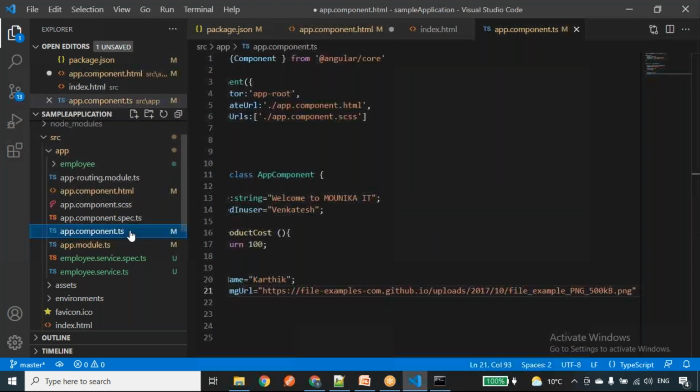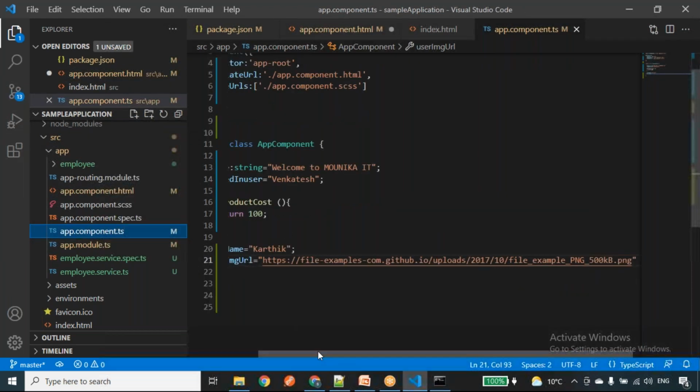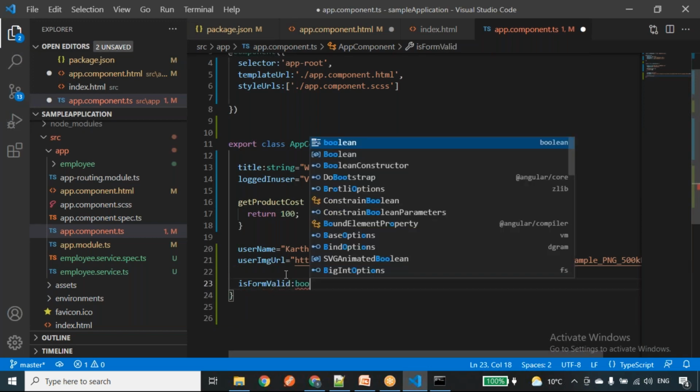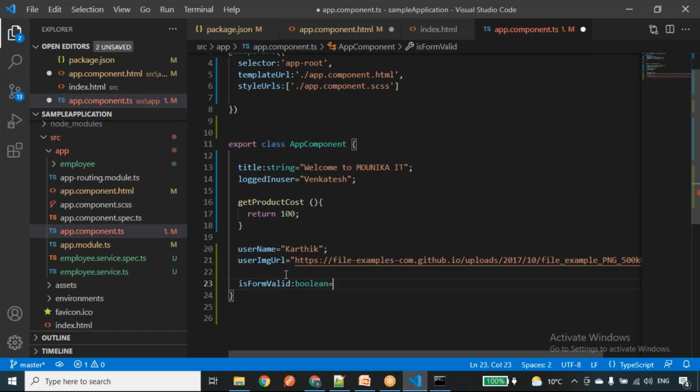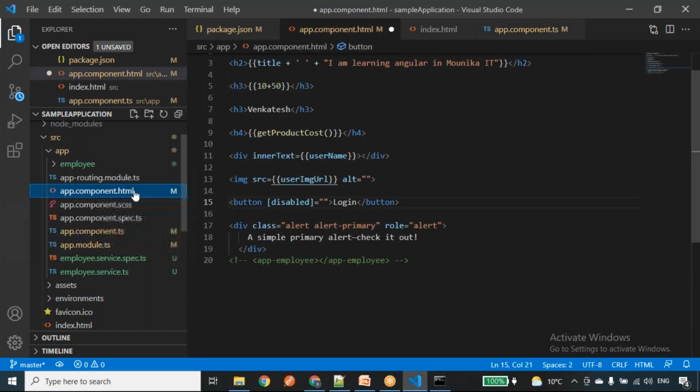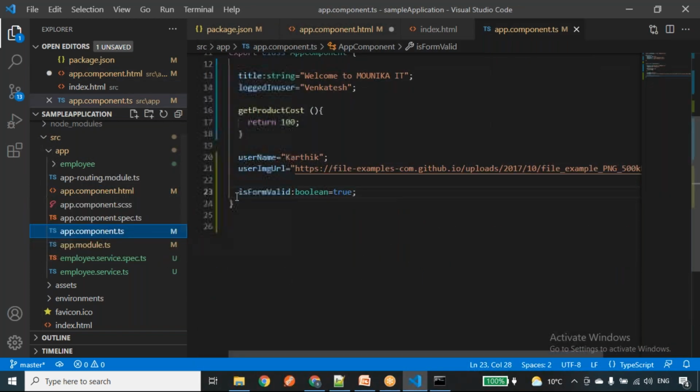Let me define one property: isFormValid. I'll take its type as boolean, equals true. So I have defined one property of type boolean, and I have assigned the value true.